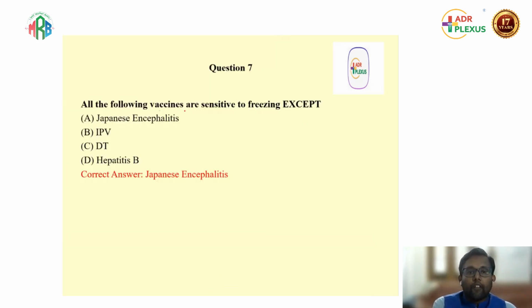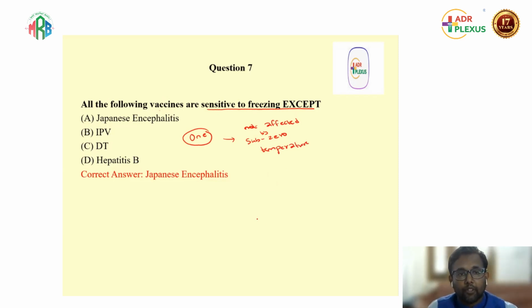Next question. All the following vaccines are sensitive to freezing except. So one of the following vaccines, see, all the following vaccines are sensitive to freezing except. So you have to choose one among the following which is not affected by sub-zero temperature. If you see, everything is affected. Sorry, IPV,